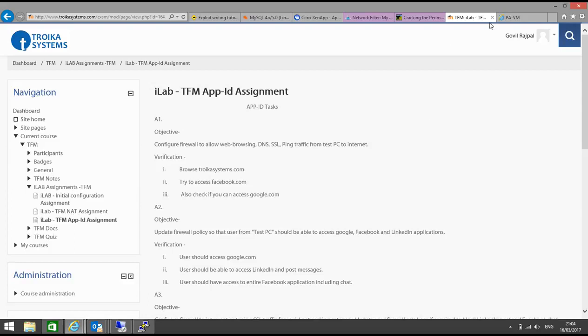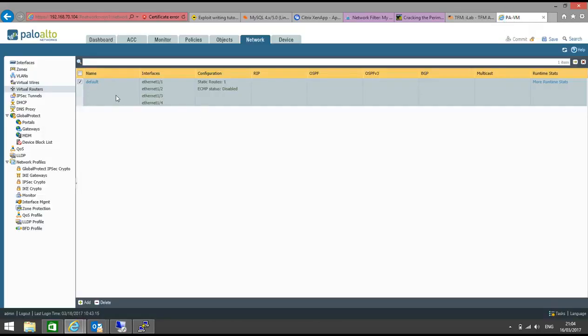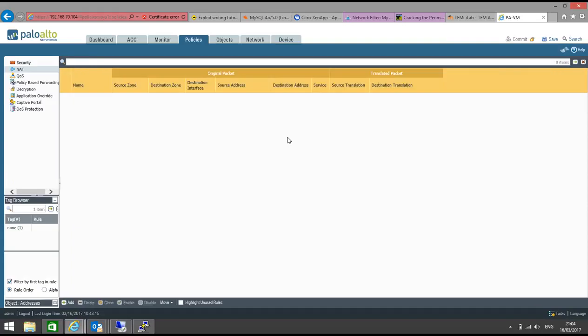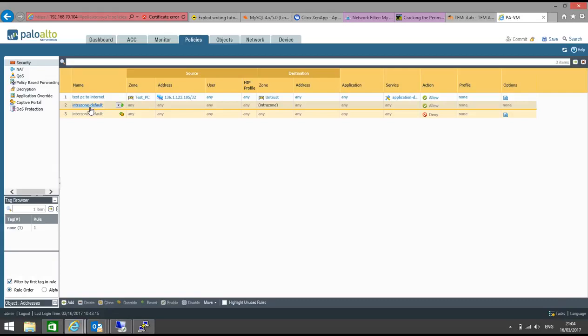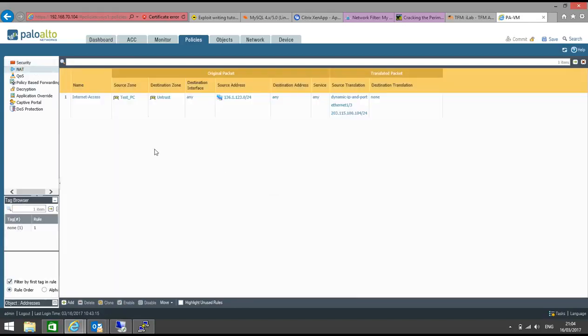and how it works. I have logged into the Palo Alto firewall via the management IP address, which is 192.168.70.104. Go to Policies. I have a very basic policy setup which you know how to create, from test PC to internet. The 136.1.123.105 machine can access any IP address in the untrust zone for any application as of now. And then I have created a NAT policy. That NAT policy says any traffic from test PC to untrust should be NATed with the interface IP address, which is